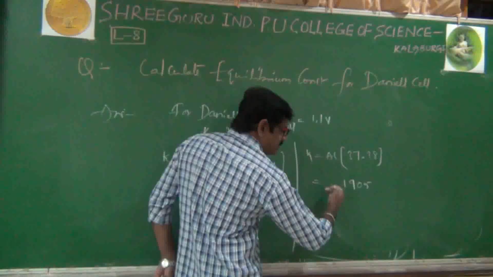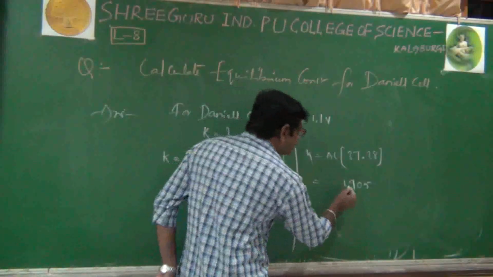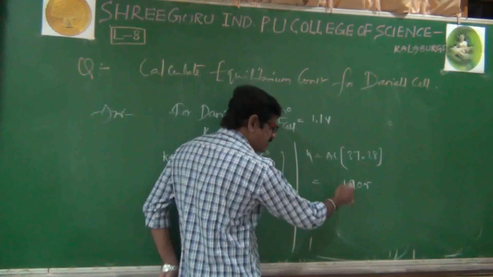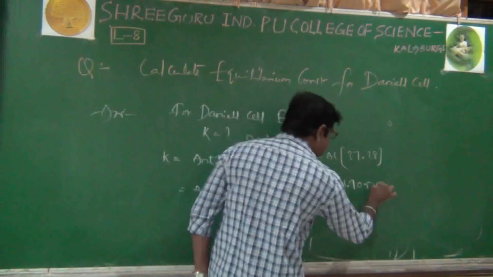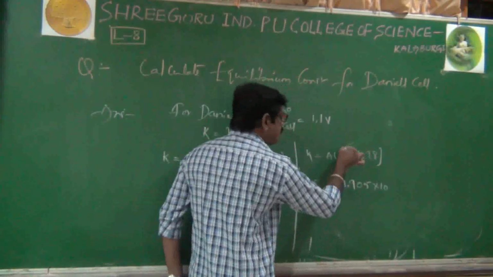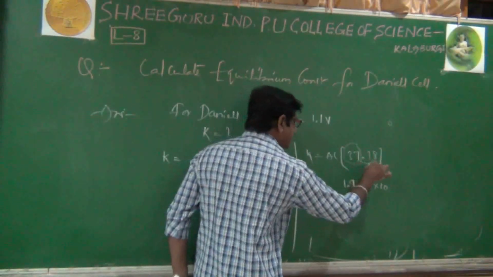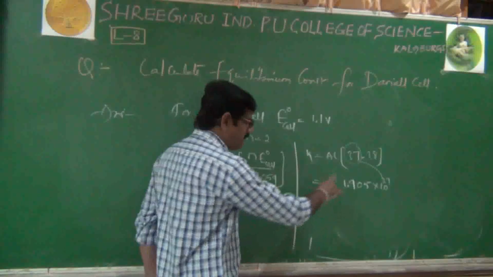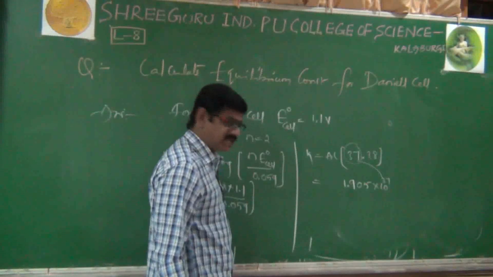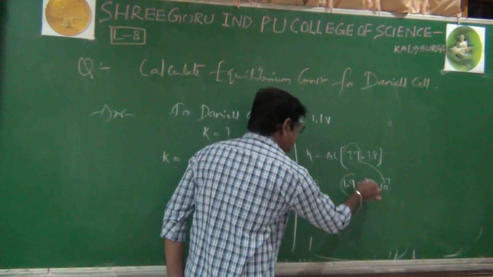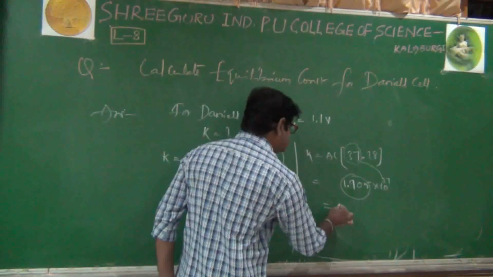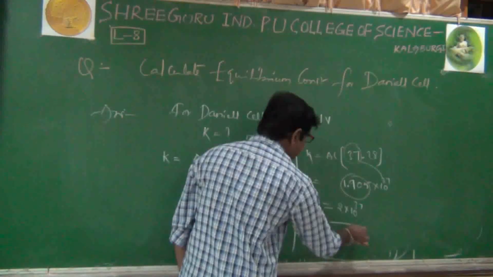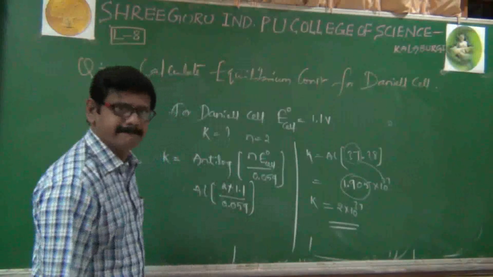Next, it's very simple, like a trick only. From left-hand side to right-hand side, after one digit you have to keep a point, times 10 to the power of, and before the point, whatever the value is there, we copy as it is, that's it. 1.905 into 10 to the power of 37. This 1.905, a round figure value you can also take, that is 2. 2 into 10 to the power of 37, that is K.